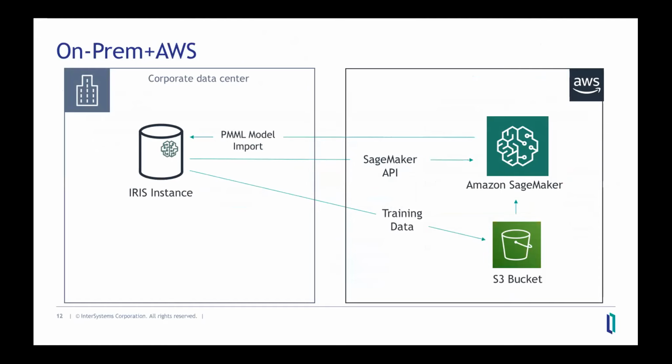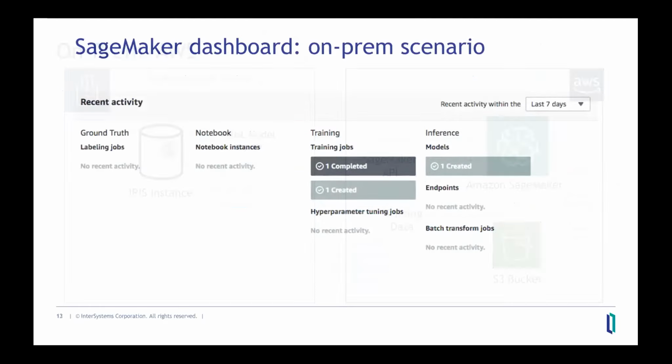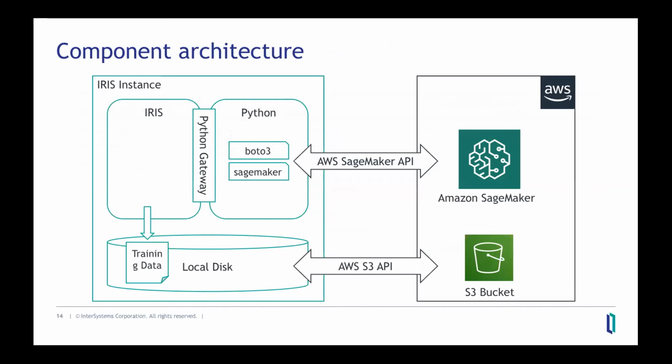Or we can go into a model like this, where all we're doing at AWS is training the model, and then the model is being executed locally, right? In this case, there are no ongoing costs, so everything is shut down, everything is gray, and the model is being executed locally. Now, the way it works is we're using standard APIs, using Python Gateway, standard AWS APIs to call SageMaker, to interact with cloud storage, which is the S3 bucket, and to move data to and from the bucket, between the bucket and our local instance.